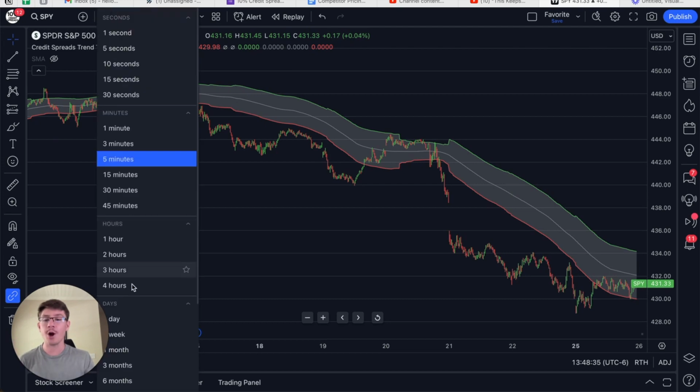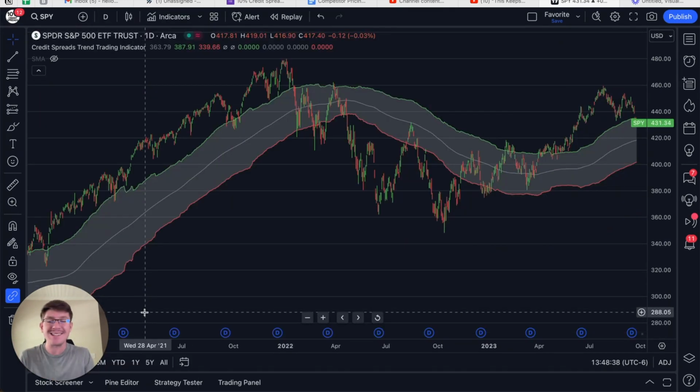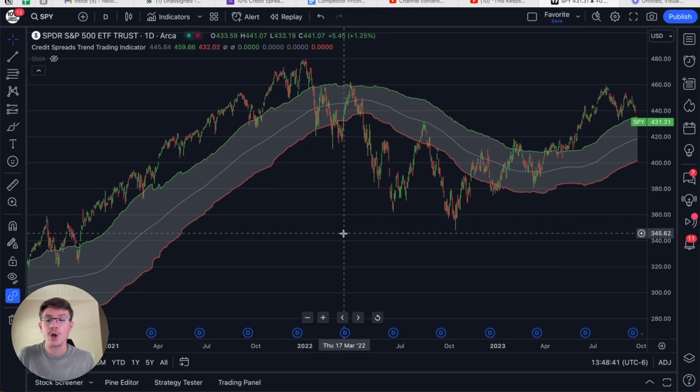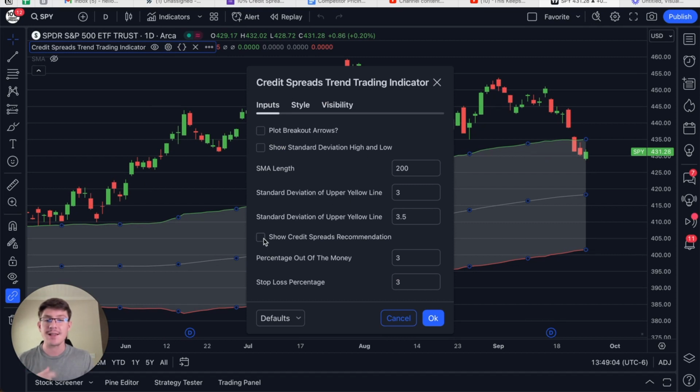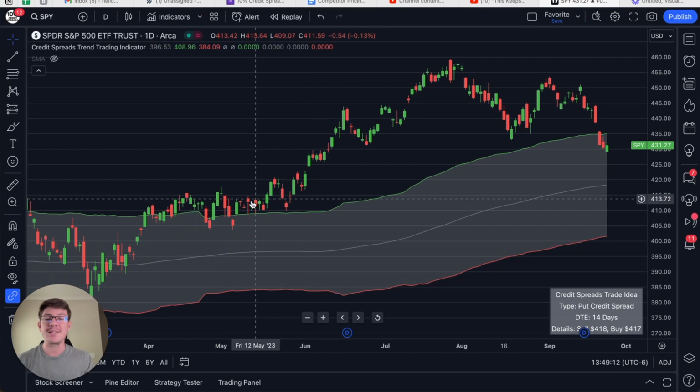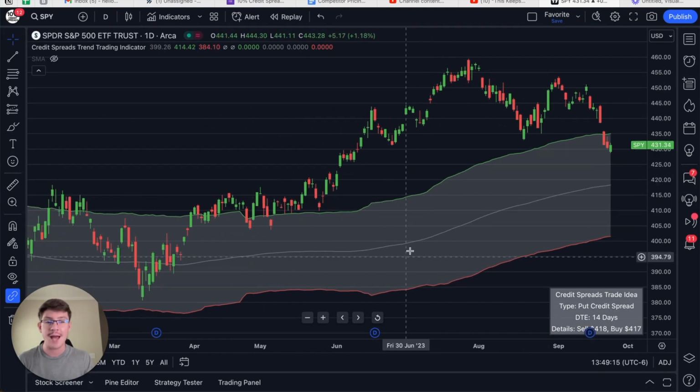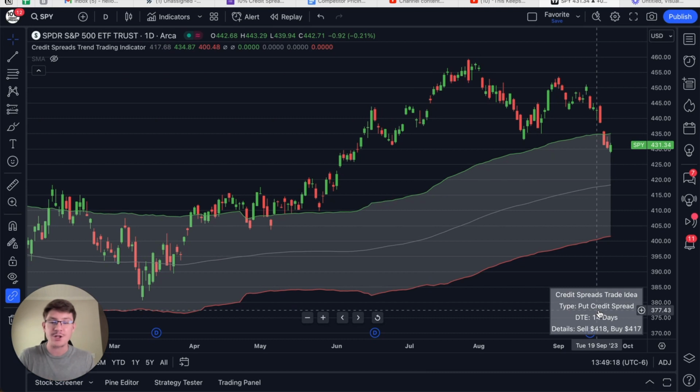Now, let's talk about credit spread trading, because that's my people, that's my audience, that's what I do. This is built for you as a credit spread trader. I just wanted to highlight this is a trend following system that can be applied with anything, but this right here specifically is built for credit spread traders. Why? Because if you go into the settings, you can see here that there's this thing that says show credit spread recommendation. You can set the out of the money percentage that you want, which I'll explain here in a second, but you simply set that, and now it tells you based on the trend, again, like uptrend, downtrend, sideways, what type of credit spread to enter and what your level should be. Now, again, this is not back tested. This is not promised. This won't always make you money, but it's a good idea of what to look for